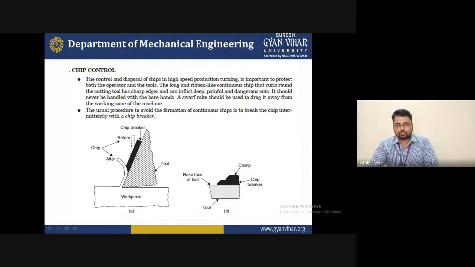we stop the discontinuous chip formation. This is after the generation of the chip, and this is before we use the chip breaker, the generation of chip like this in the dotted diagram. So we require this type of chip. If it is not achieved easily by the single point cutting tool, we put the chip breaker on the surface of the cutting tool, and after experiment we can find that you will achieve a good surface finish, as well as reduced tool wear, and the cutting edges will remain the same as at the starting.